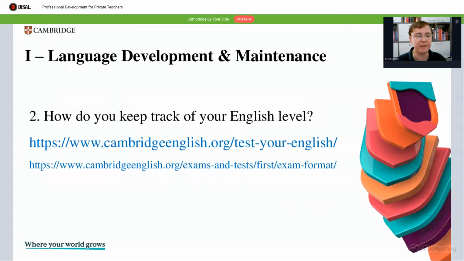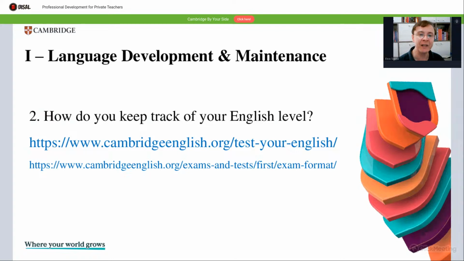There are two sites over there. One of them is called Test Your English, both of them by Cambridge. And the other one is exams. The one on exams is the one, I forgot, Teresa Mello mentioned, proficiency exams. Yeah. So if you go to the first site, Cambridge or Test Your English, you will see a very good and reliable